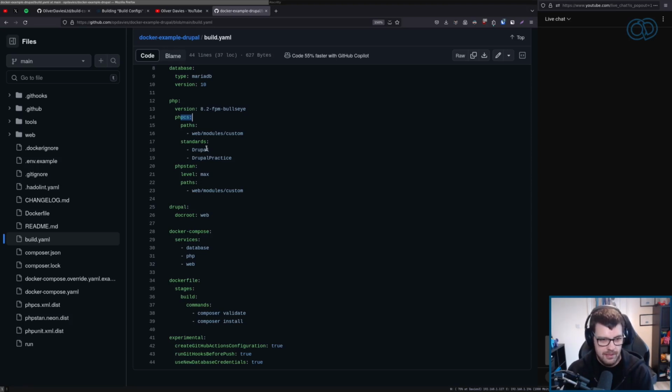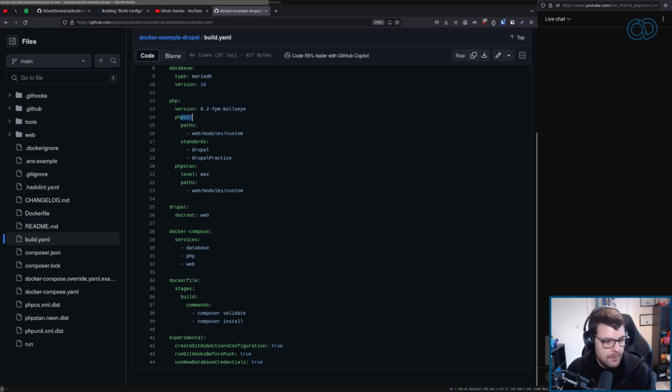The docroot is quite an important one because certain projects are in web, and some are in docroot, and some aren't in any at all. So it just means I've got a bit of an abstraction between each project and the files that it generates, so I can maintain those separately, fix any bugs, add any enhancements to them, and I don't get things like, does this project have Xdebug in it or not? Or this project has this thing and that one doesn't? So really solves that problem